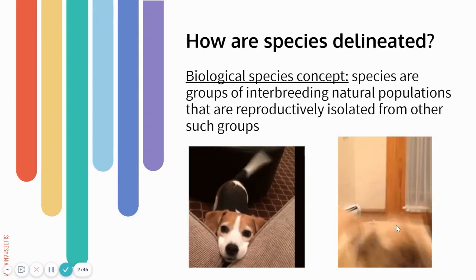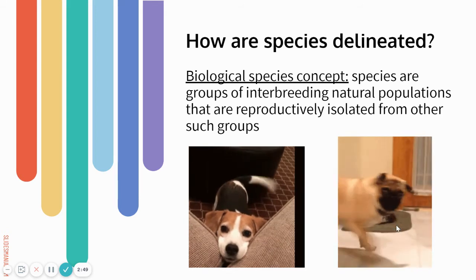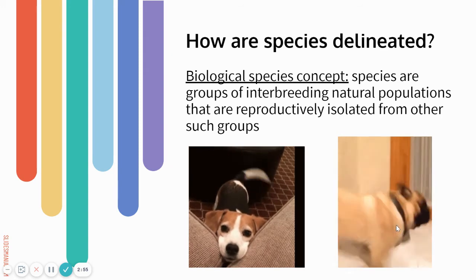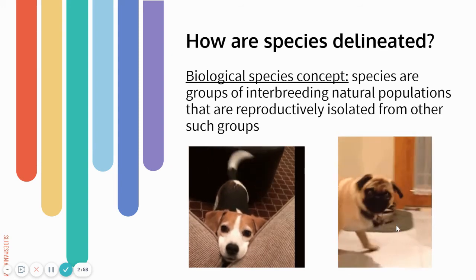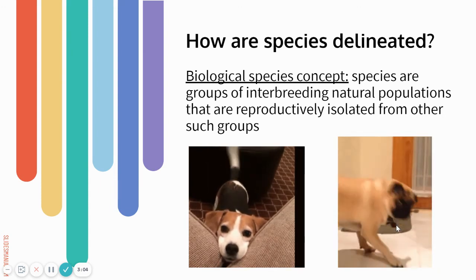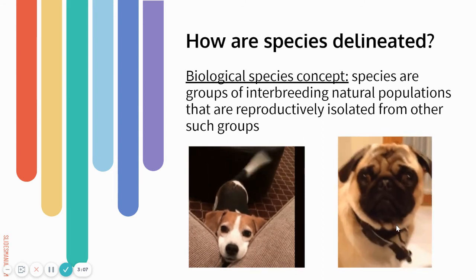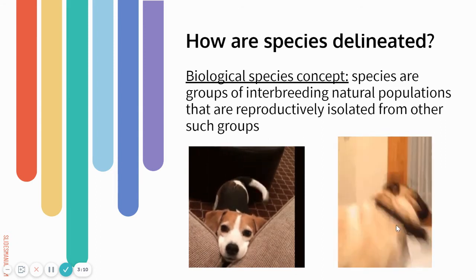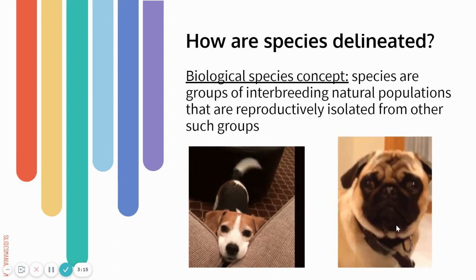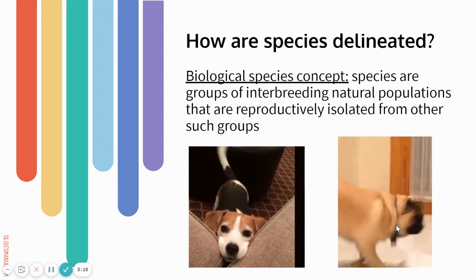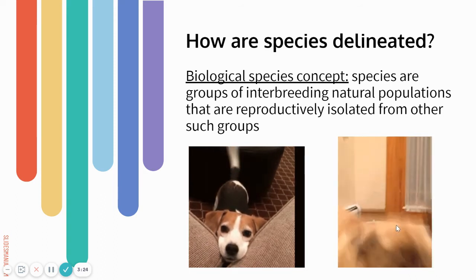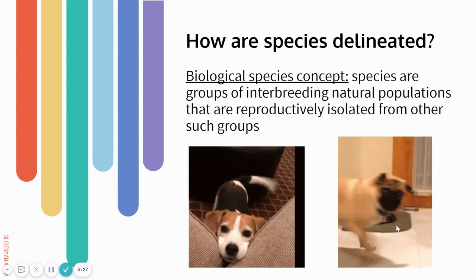There's not one definition that's going to work in every single situation, but the one that we're going to be using for now, and probably the most common definition that people use for determining whether two species are different from one another, is called the biological species concept. This concept has to do with the production of offspring. The biological species concept says that species are groups of interbreeding natural populations that are reproductively isolated from other such groups. This means that to be considered the same species, two populations have to be able to mate and produce healthy, fertile offspring, whereas they wouldn't be able to mate and produce healthy, fertile offspring with members of a different species.